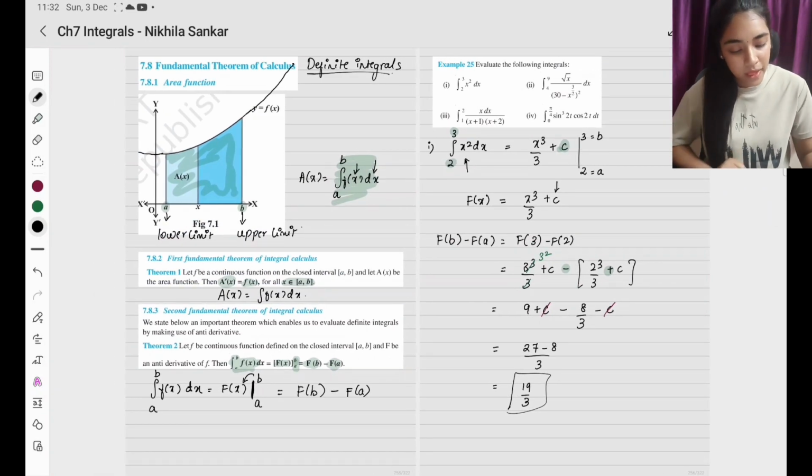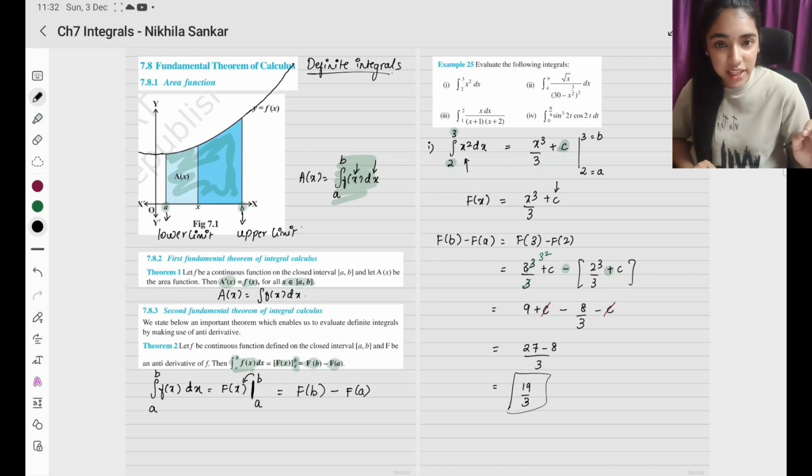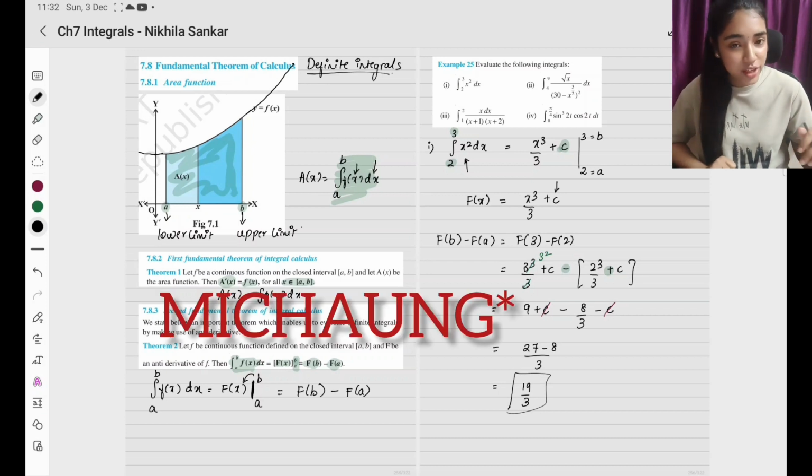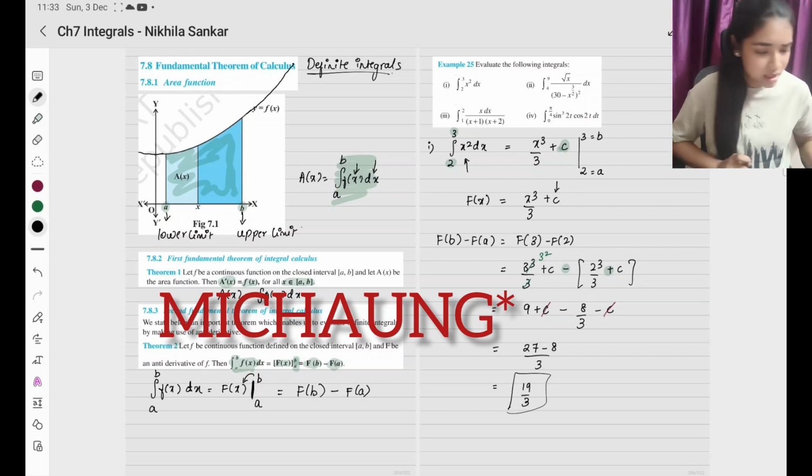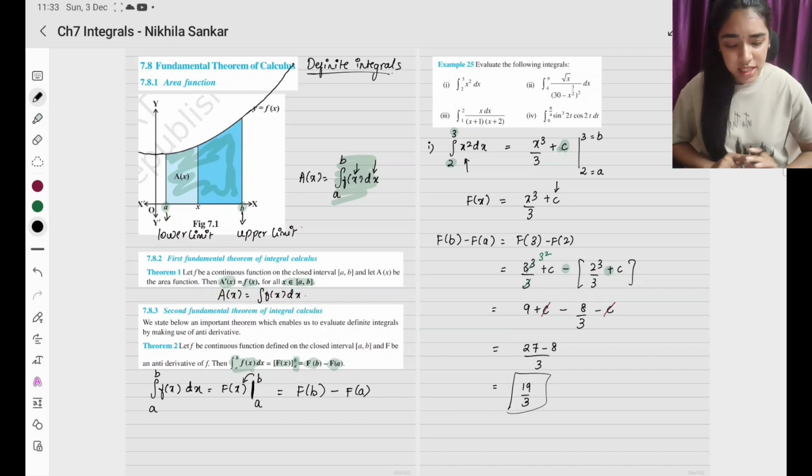Okay, it is raining heavily outside. What storm is this? This is going to be Mashong. No, what is the name of the storm? So this is a